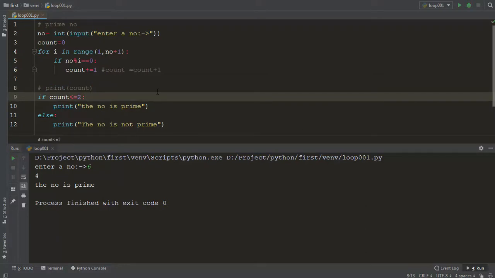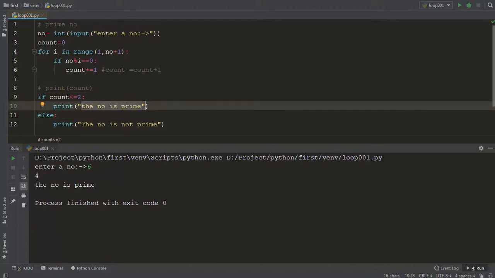And how did I figure it out? Because I printed the count, and the value for the count was 4, but this line was printed, so that gave me a hint I have written a condition wrong. Okay, so use your head to find out the errors. Okay, you can print the intermediate output, and if it is simple, and if it doesn't work, you can